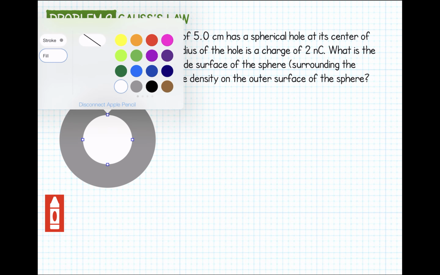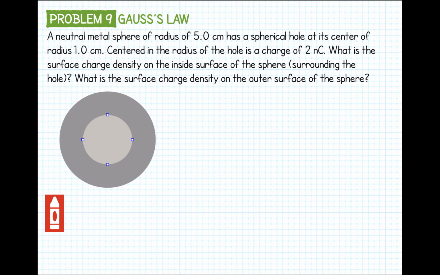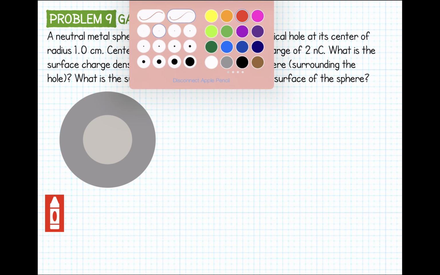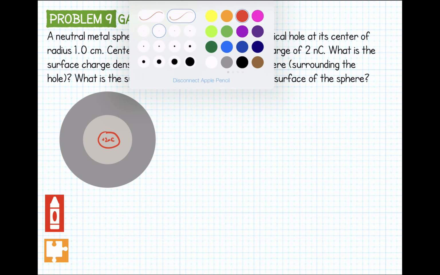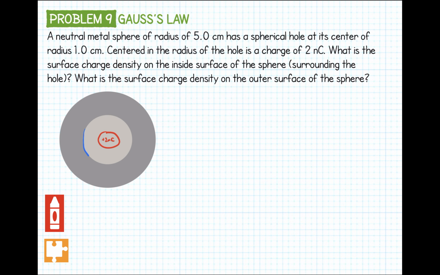Let me just make this like a slightly lighter gray. And this is a hole in the middle. Okay, so this is sort of like the cantaloupe model. So it's really just a sphere with a hole in the middle sort of carved out of it. And in the very center, we have this +2 nanocoulomb charge. Oops. Okay, so if the thing at the center is +2 nanocoulombs, then the charge at this inner surface should be